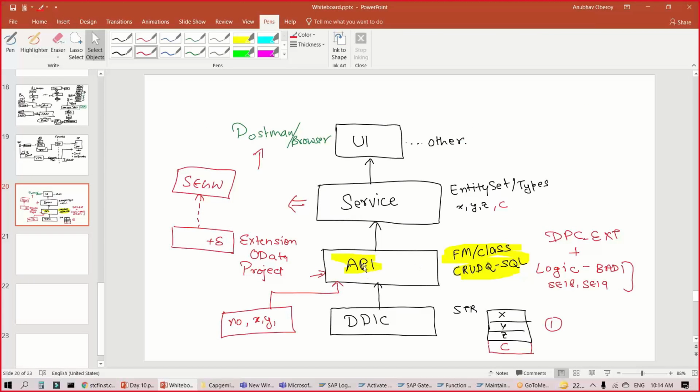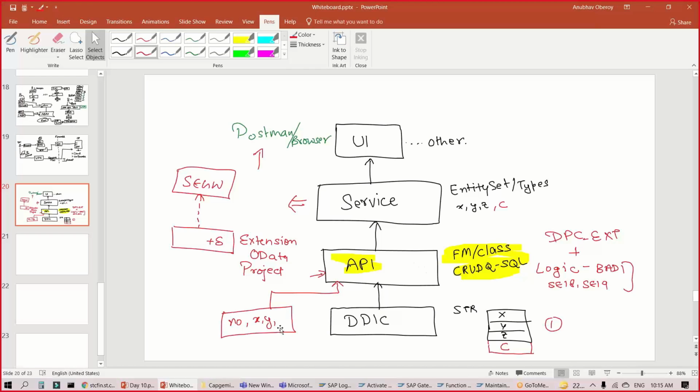We have got our APIs, and now it's our requirement that we go back and implement a logic in the system, in the middleware logic. So we have got the DDK extension, the service extension, and the custom field in the metadata, but now I want some BAdI to be implemented which returns the data by appending these extra values of our choice.